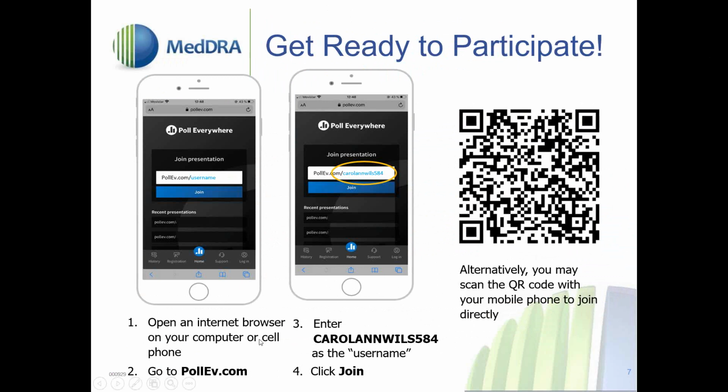It will then take you to a log on screen, and you'll be asked for a username. Please note that this poll is completely anonymous, so you don't need to enter your name, but please enter my credentials as the username, with no spaces, and then click join. Nothing else needs to be entered.